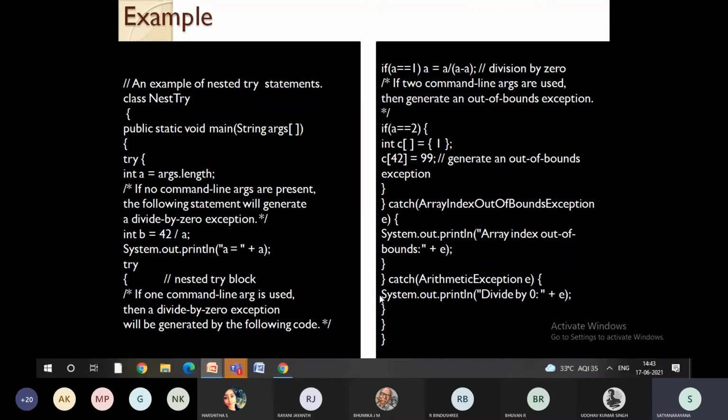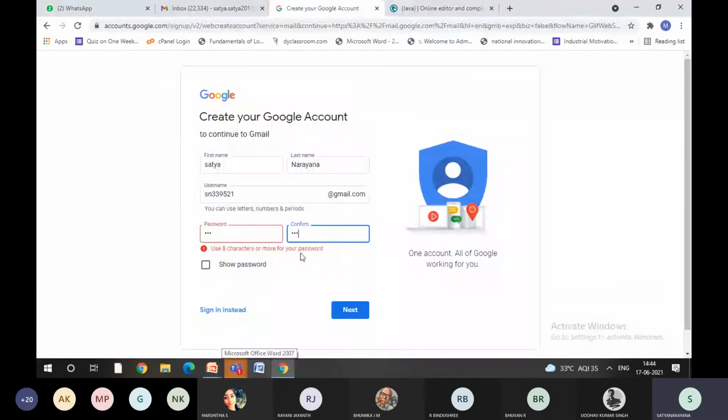So at the end, if you want to really understand clearly what try and catch are: try is the place where, as a programmer, we write the block for the lines of code where there is a possibility that we will get an exception. Catch is the exception catching block where we say what kind of exception it is going to be and what message you want to give to the user, as shown here. So this is a message I'm giving to the user. This can be done in the catch block.